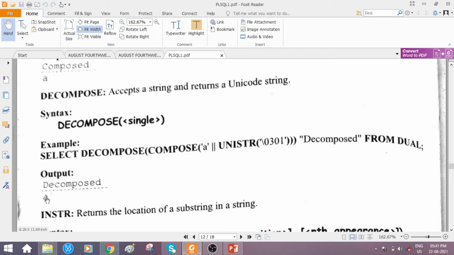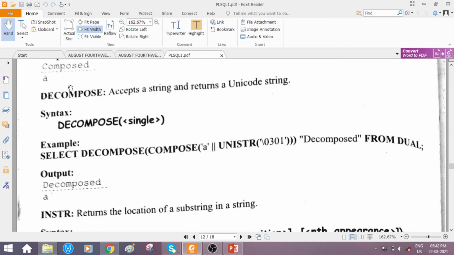What is found? A character is printed, but if you just check out the special character here, it is being separated from A. Just check above, that special character was above A. It was composed to that given character. Whereas here, first before decompose is applied, compose is applied.